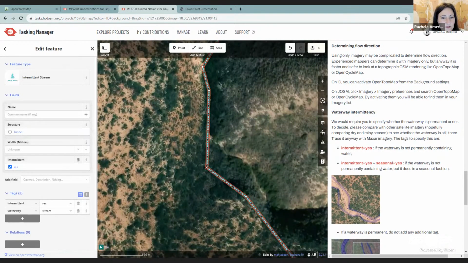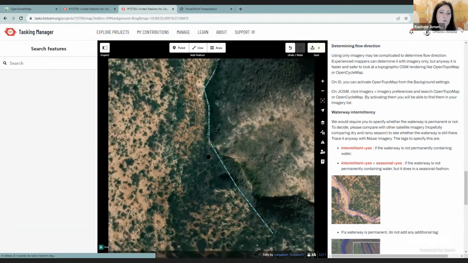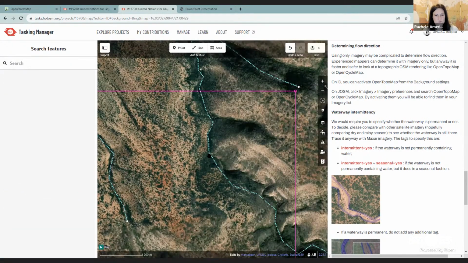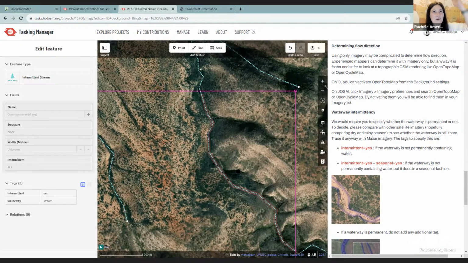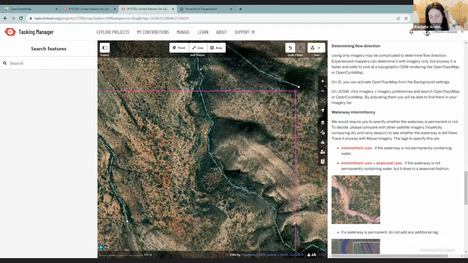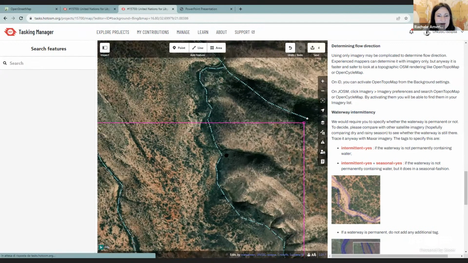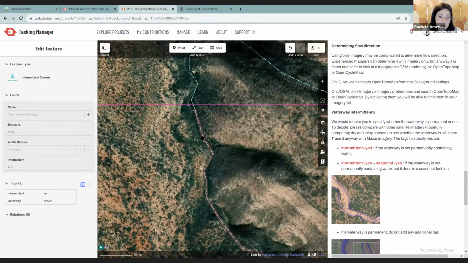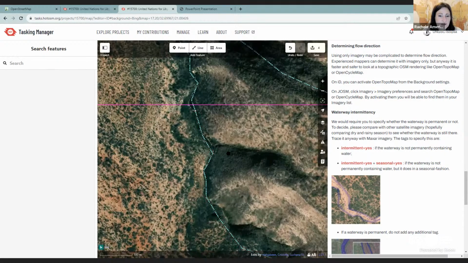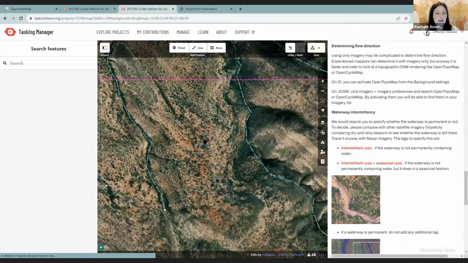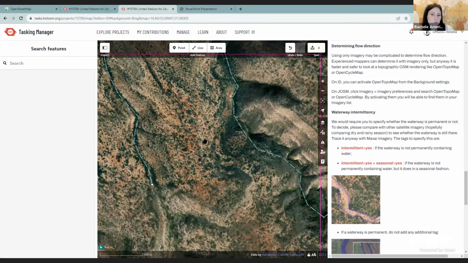This improves the accuracy of the waterways, because sometimes we find waterways that are crossing, going over the mountains and then appearing on the other side of the mountains, which makes no sense at all. So we will improve the accuracy of the waterways,